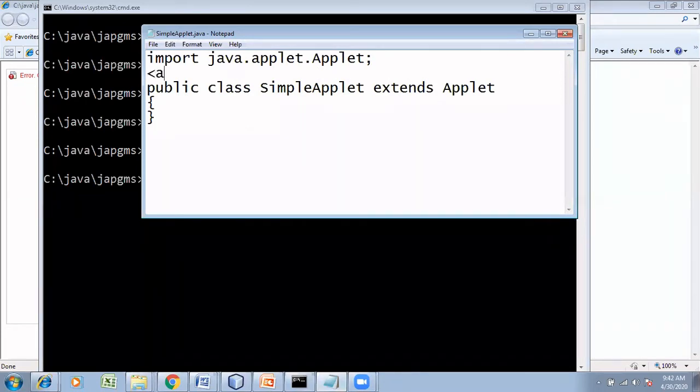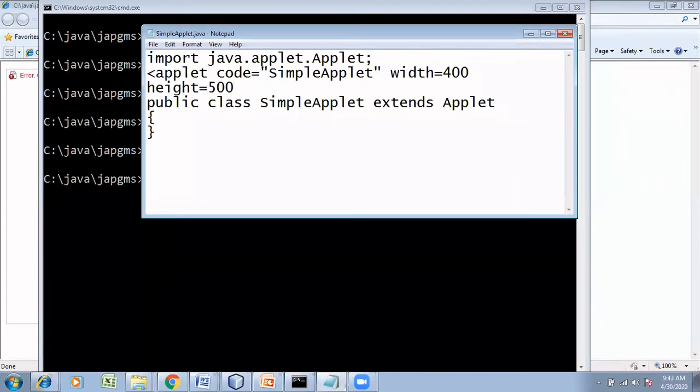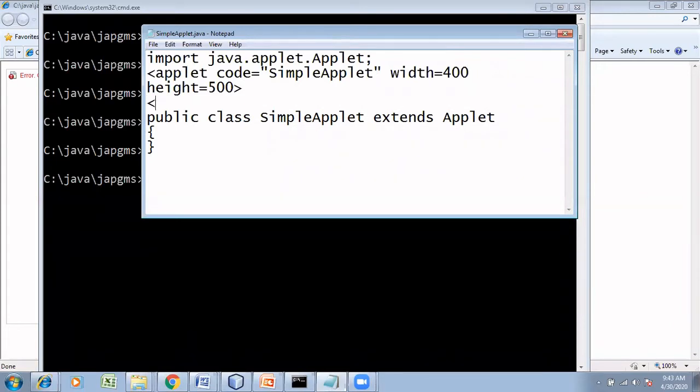How to call the applet? Applet code is equal to simple applet, the class file. Width is equal to 400, anything you can give. Height is equal to 500, isn't it? Just close the applet tag.